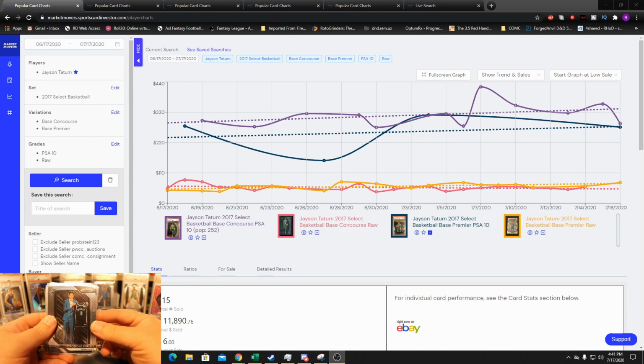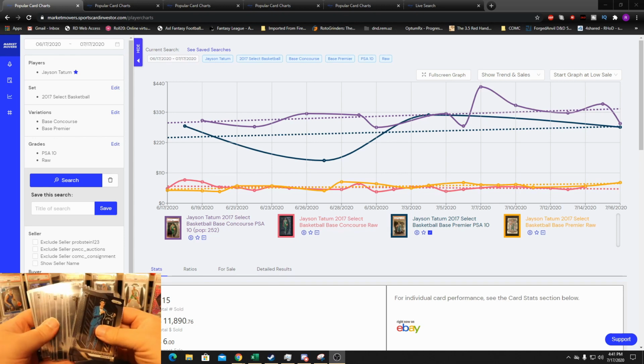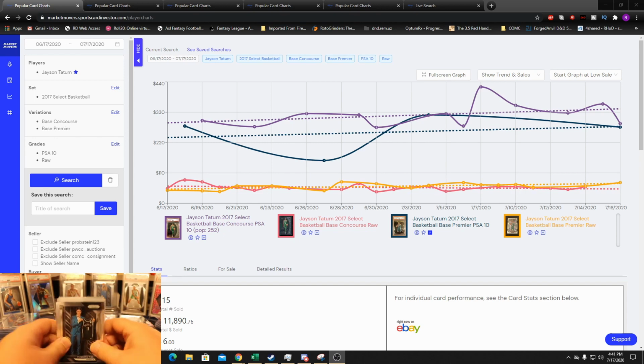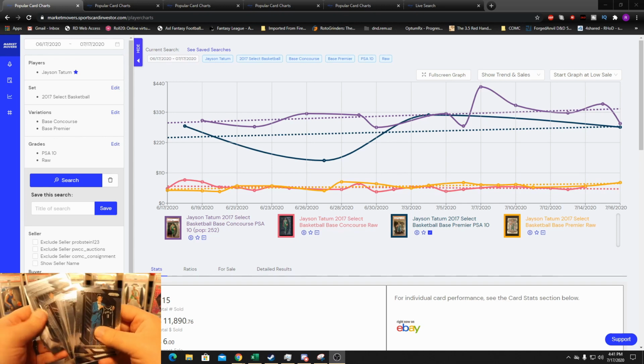As you guys know, Prism is king when it comes to rookie cards. I got 23. See, this is a big stack. 23 of his base rookies for $15. Now, this could be $15 that I lit on fire very easily. But 23 Prism rookies for $15 of someone that's going to get a crap ton of minutes